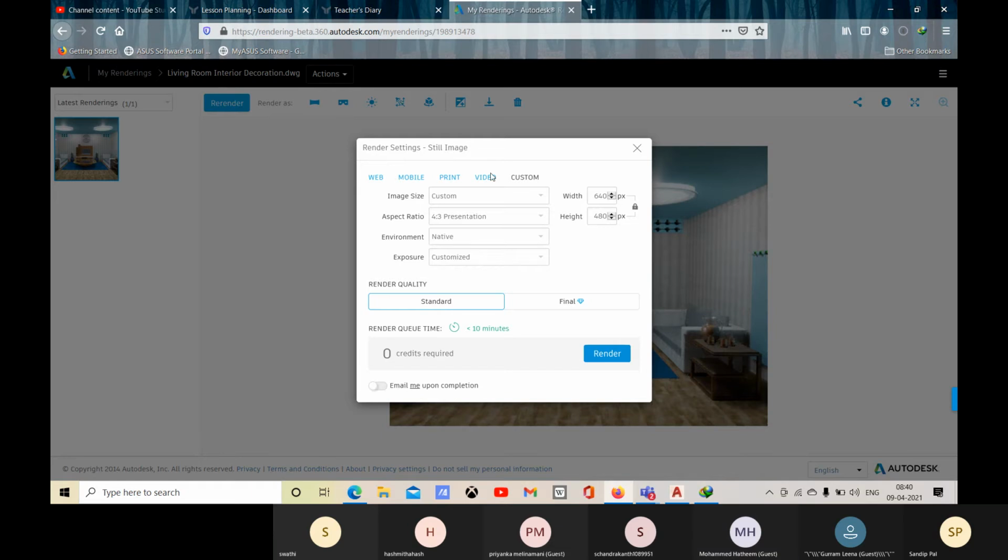Yes, sir. Okay. Here you can see the image size is right now custom, and these are the two options, width and height, for your image size. There you can change, like let me go for 1080, and because this is locked, you get the aspect ratio as per this width.